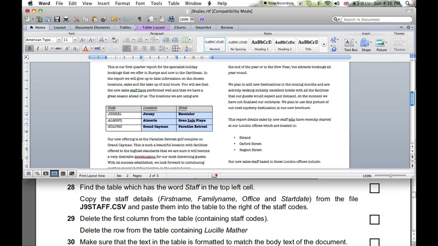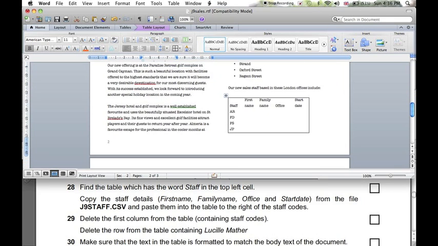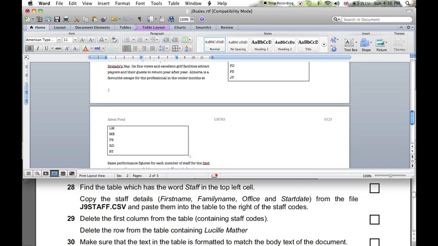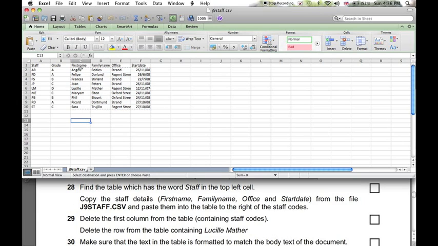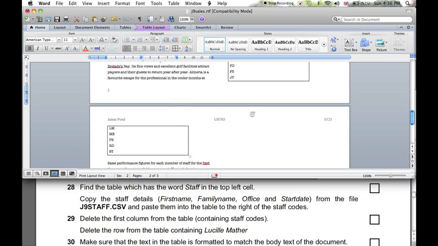Next, the table with staff in the top left cell. This is the table, it starts here and goes on to the next page. I want to copy some details from this CSV file that I have received in an email. I've opened this file in Excel, here it is, and the information I want to copy is the first name, family name, office and start date of all the staff. So I select that data, Command C to copy, Command Tab back to Word,